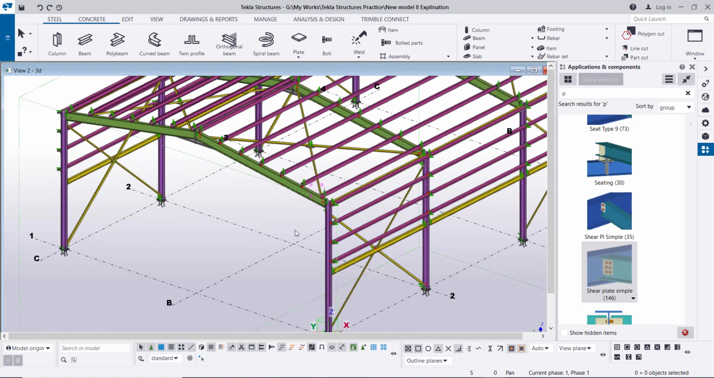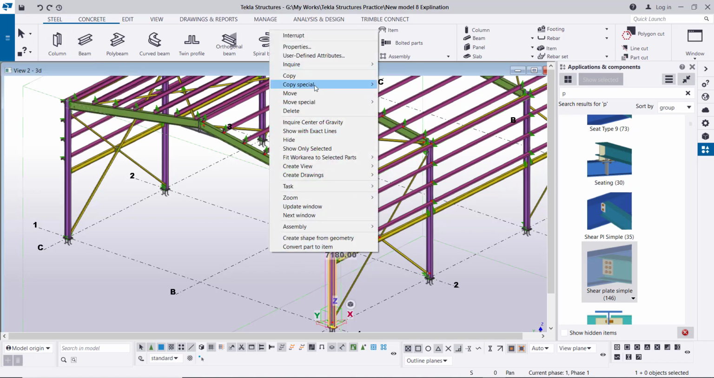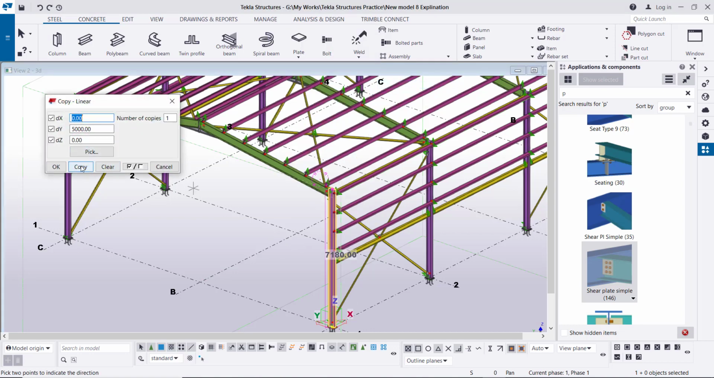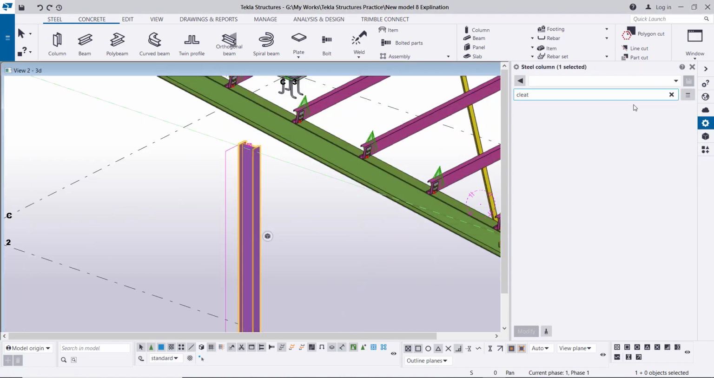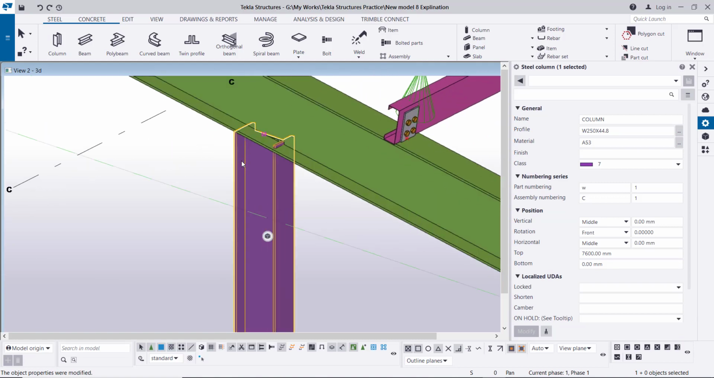Next we will create the end wall columns on this space. So I'll just copy this column, right click, copy linear, I want 5000, okay, 5 meter, double click on this column. So this is the column. First we will increase the height up to 7600, I think. Okay,